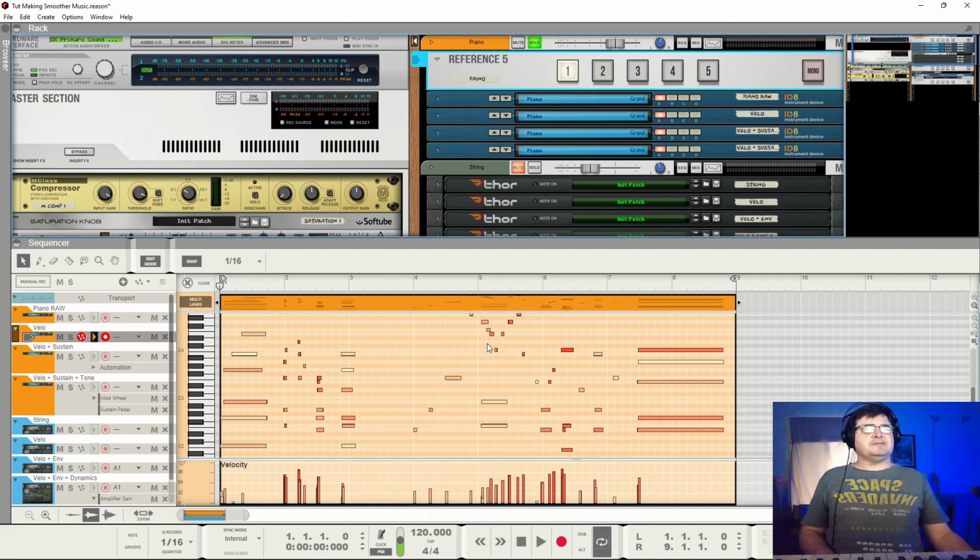So we'll listen to the no velocity. Ugh. Let's go again, now with a lot of variety in velocity. You can see it here. So if we take this section,